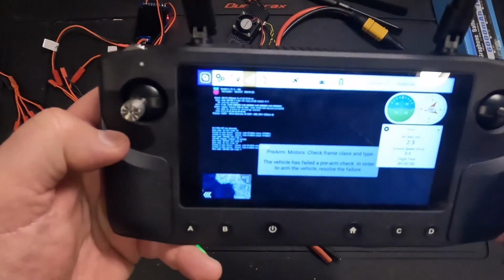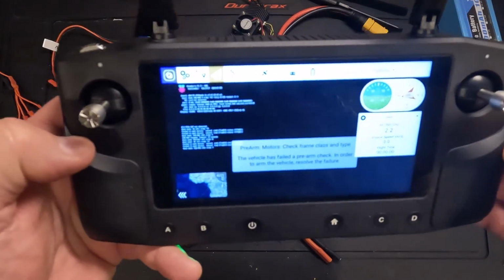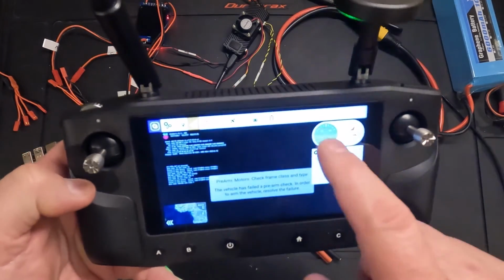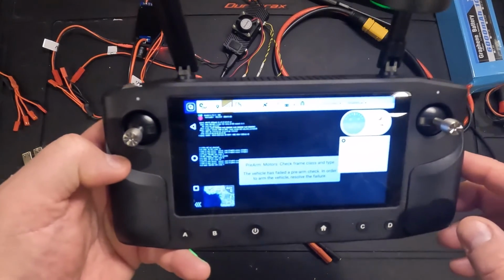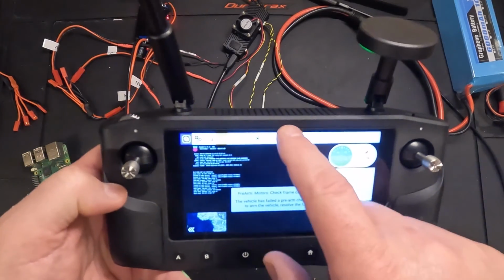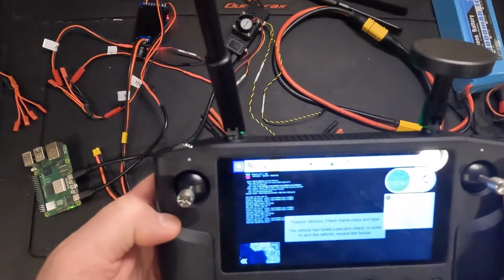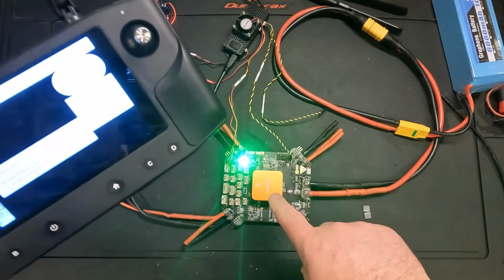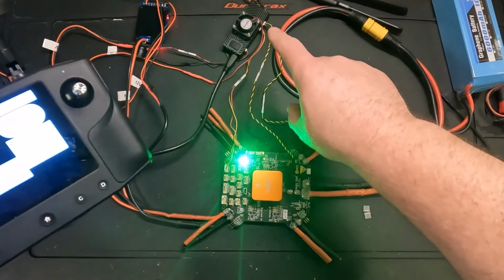So that's pretty cool. Now the next step that I want to do is this controller unit actually will function as a Wi-Fi access point too. And so what we're going to do is enable the Wi-Fi access point so that I can connect to it from the computer over Wi-Fi. And what happens then, the flight controller will send its telemetry data